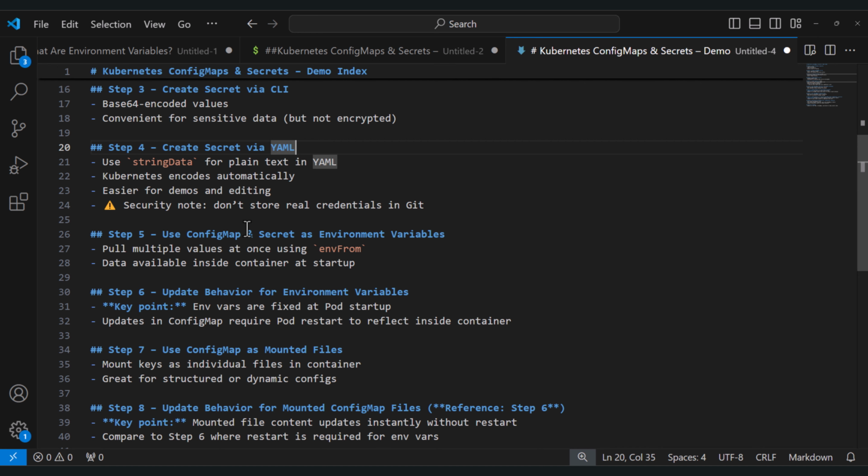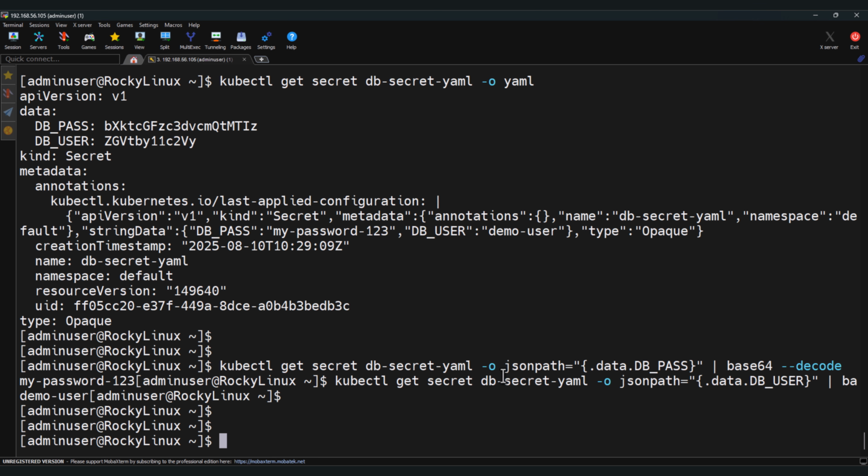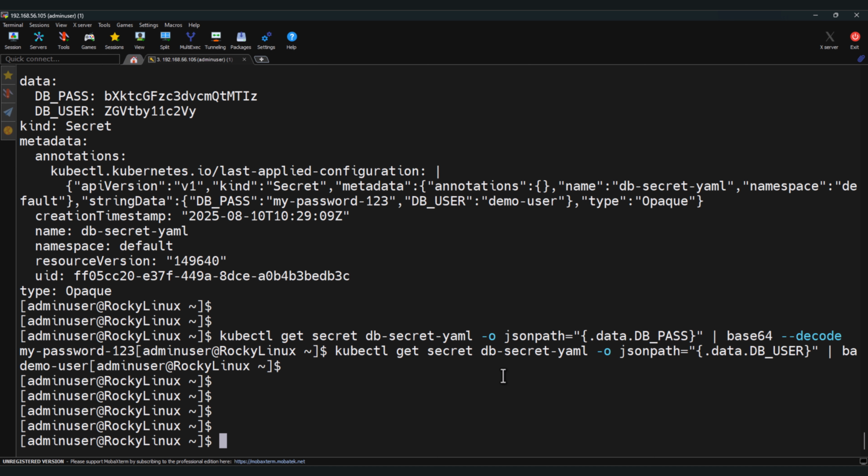Step 5. Use ConfigMap and secret as environment variables. So let's see how to use ConfigMap and secret as environment variables. Let's create a YAML file, env. I will give demo pod.yaml,